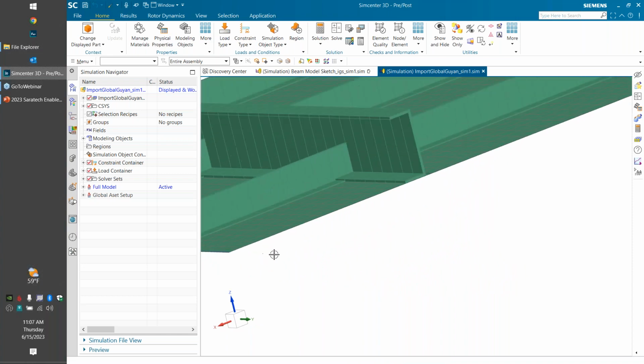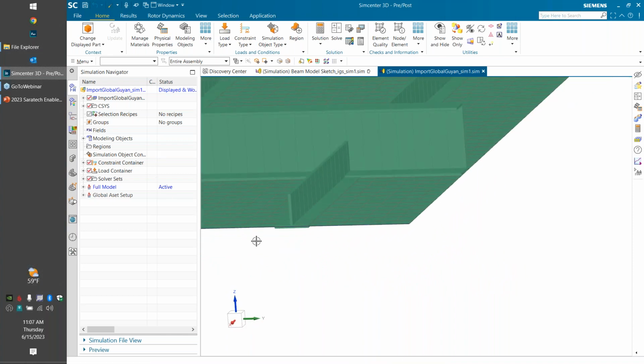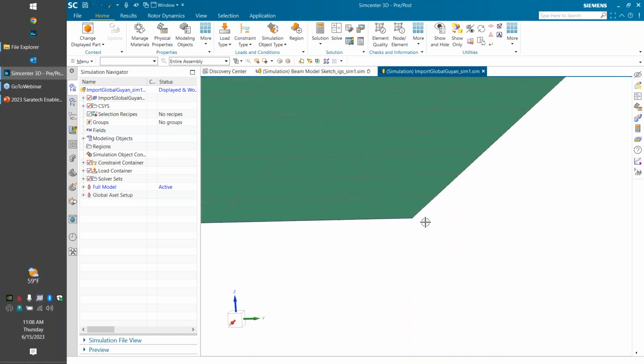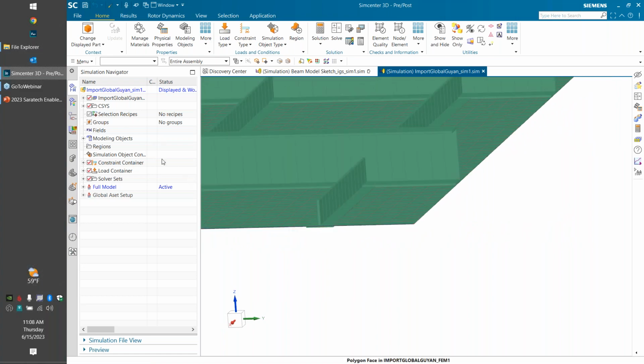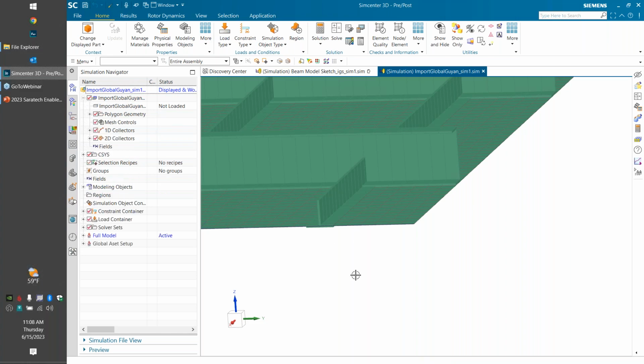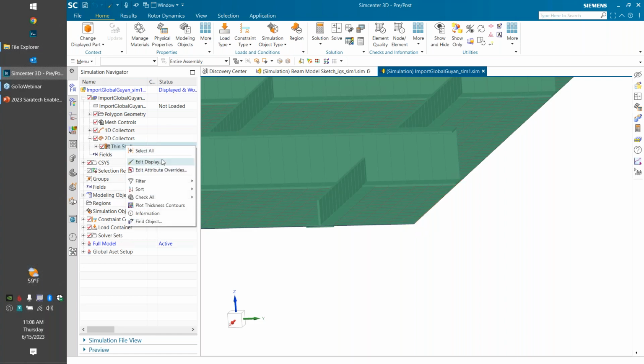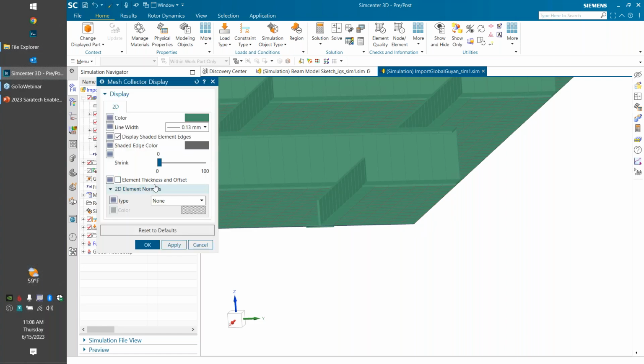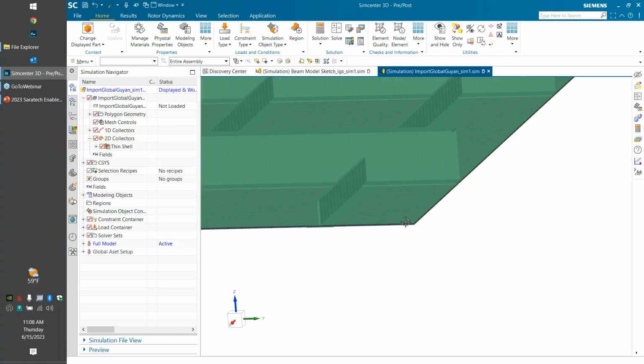nice, everything, 3D visualizations turned on for the beams. I don't believe it's on for the shell, but the shell is very thin. We're looking at something that's around, the model's in inches. This is about 2 inches tall, and these are about 0.06 inches thick. So if we were to visualize this, we would not see much there, as you can see